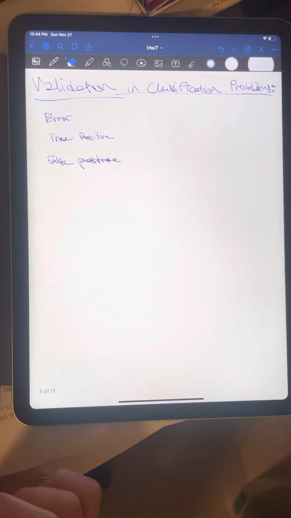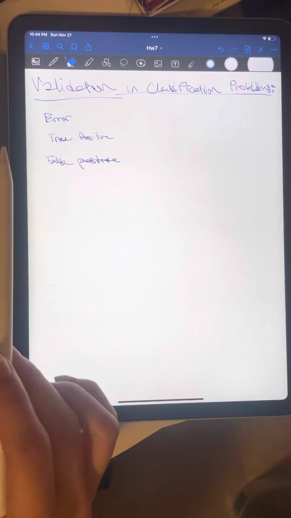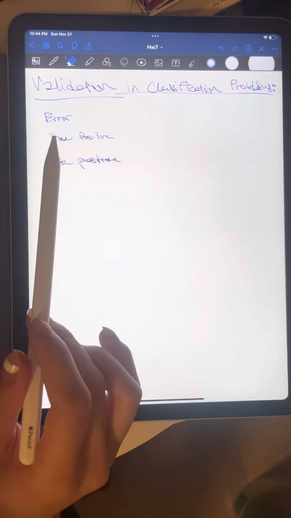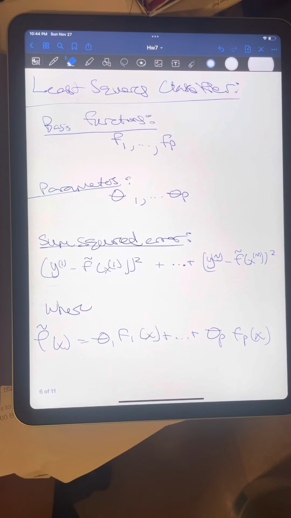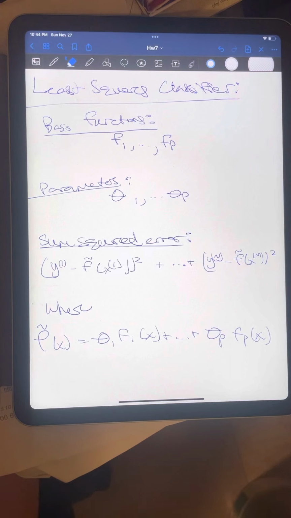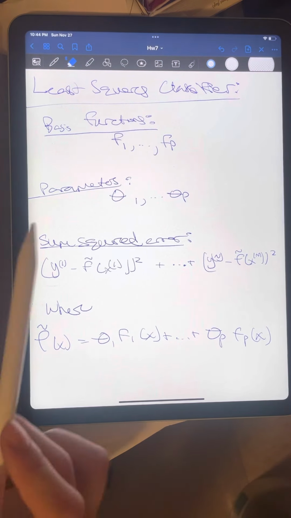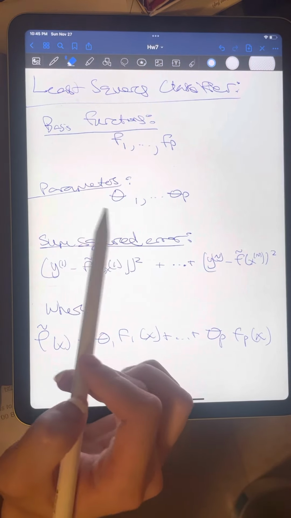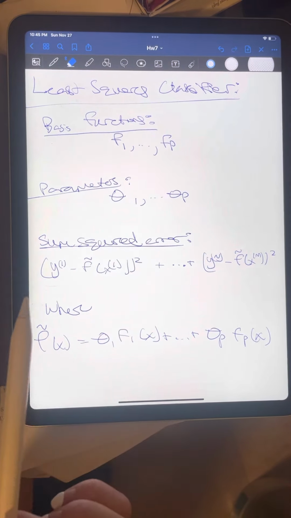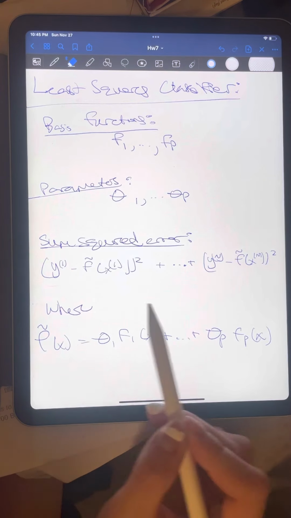In regards to validation and classification problems, we're usually only concerned with error, true positive, and false positive rates. For the least squares classifier, we first carry out real valued least squares fitting of the outcome, ignoring for the moment that the outcome y takes on only the values negative 1 and positive 1. We choose the basis functions f1 through fp, then choose the parameters theta 1 through theta p to minimize the sum squared error, as we can see here,